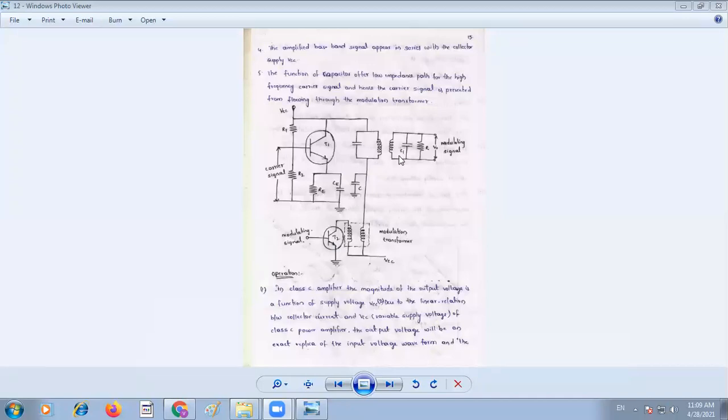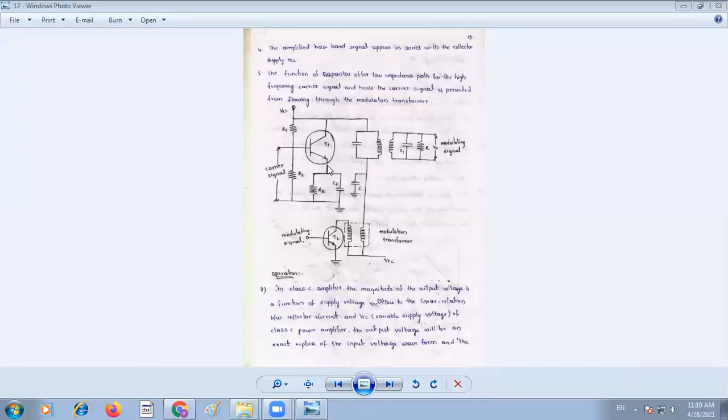So that's why the output is taken as an RLC circuit at that output. Okay, so this is a collector modulated method. Here, this is the high level modulation method. High level modulation means that the T1 transformer and this entire circuit use a power amplifier, that is generally a